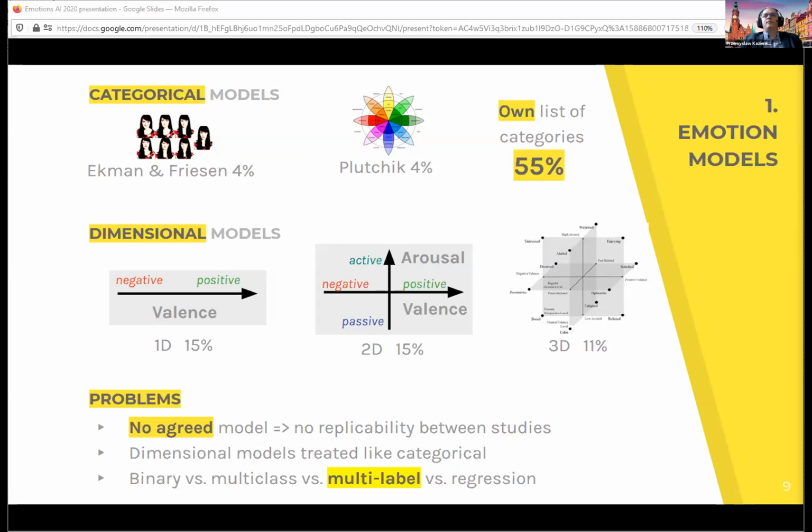So the first main problem with the emotional models is that there is no single commonly agreed and used model. Secondly, dimensional models are actually treated as categorical ones. So they are formally dimensional, but practically some categories are picked and analyzed within these categories. Thirdly, emotional model